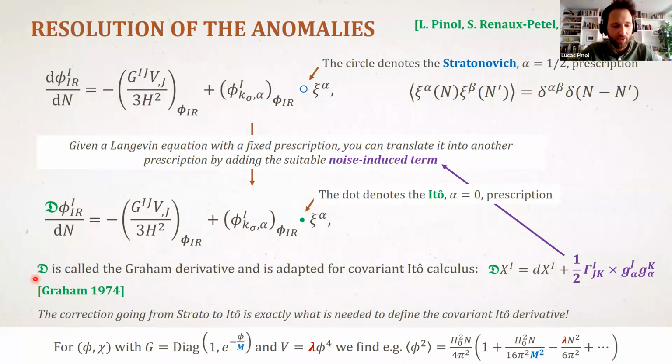So in Ito calculus, you can still define covariant derivatives, but they are different from the ones that we are used to in ordinary calculus. And when we compute the correction from going to Stratonovich to Ito, this is exactly the correction that we find, which is a consistent check, but not that much of a surprise because we began from an equation which is covariant. We end up with another equation which is covariant, but with a different prescription scheme.